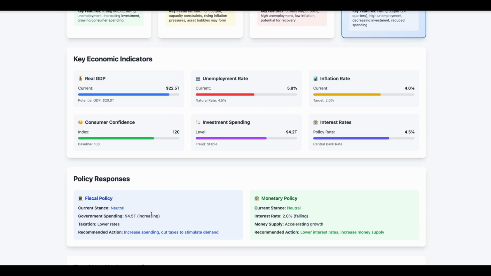Different policies can be used by the government during the peak and the trough, or during times of recession, which are fiscal and monetary policy. There will be a different video which will cover fiscal and monetary policy in depth, as they are demand side policies. But for now, we can know that fiscal policy is controlled by the government and includes tools like taxes and expenditure, whereas monetary policy is controlled by the central bank and includes tools like control of money supply and interest rate.